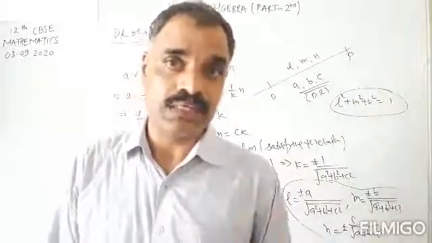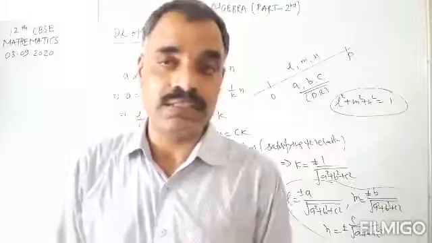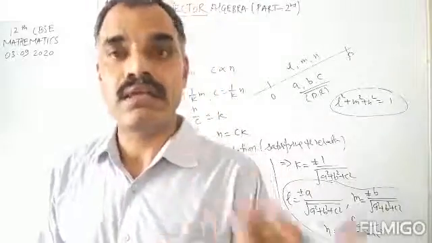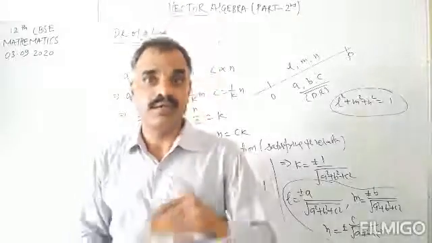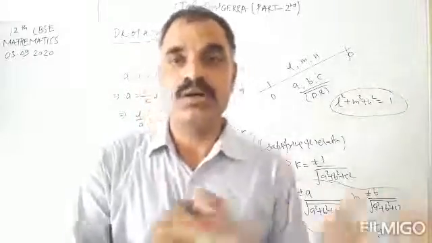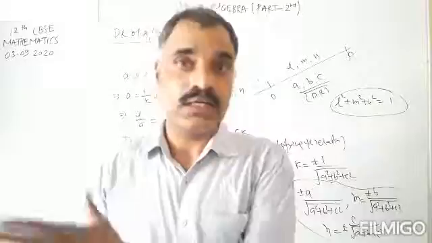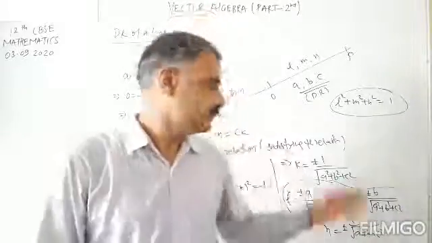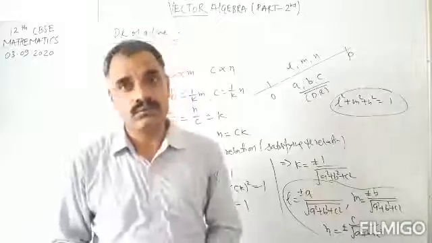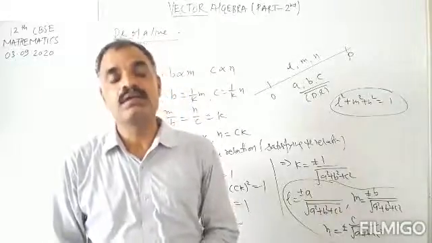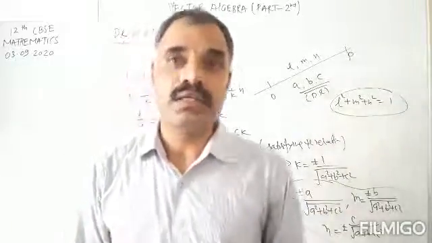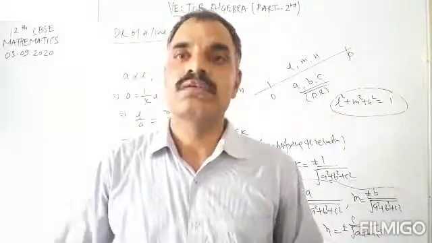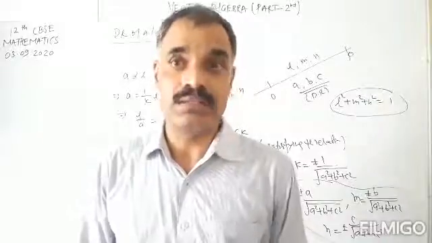If we know the direction cosine, we can find the direction ratio, and if we know the direction ratio, we can find the direction cosine. Okay, vice versa. Direction ratio to direction cosine and direction cosine to direction ratio can be obtained using these formulas. So this is the relation between the direction ratio and the direction cosine. Very important relation. Question is always asked in exam.